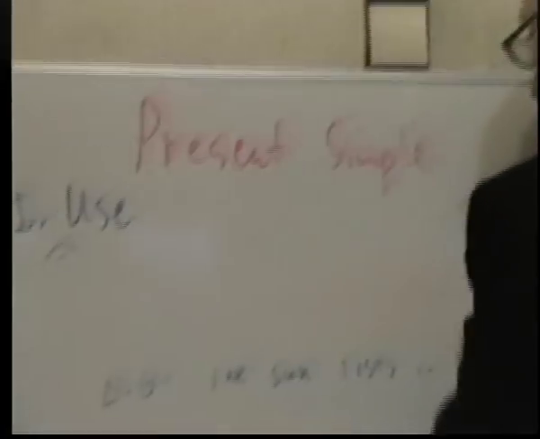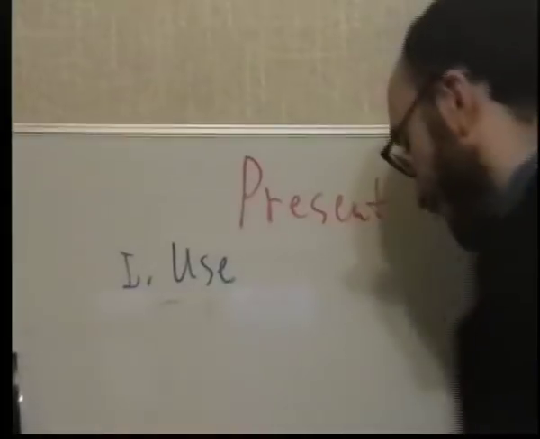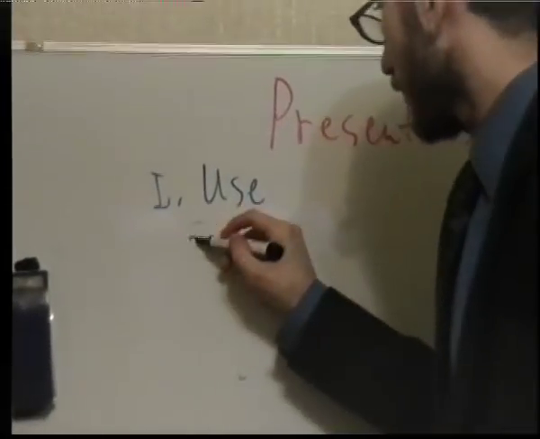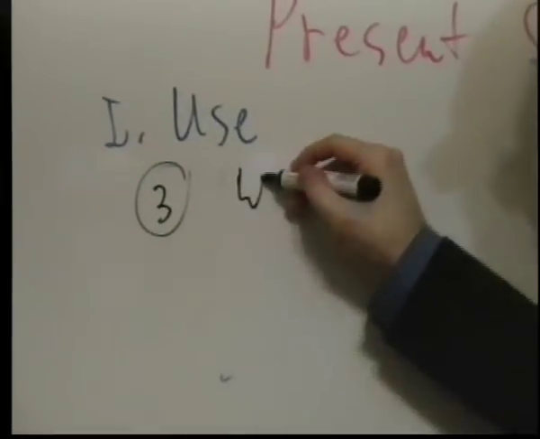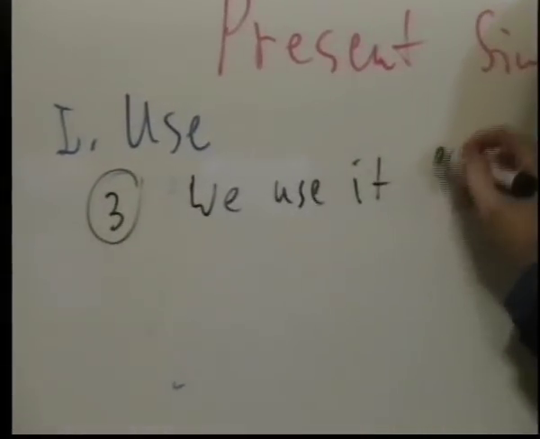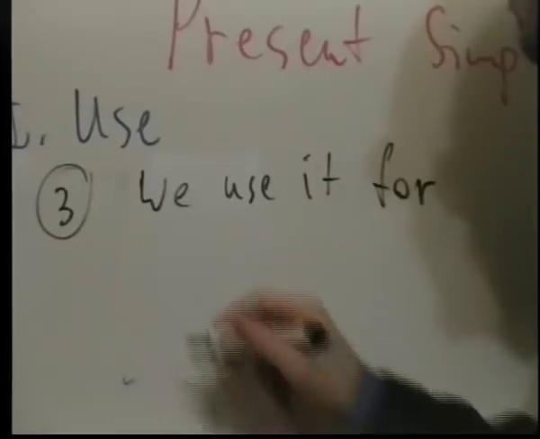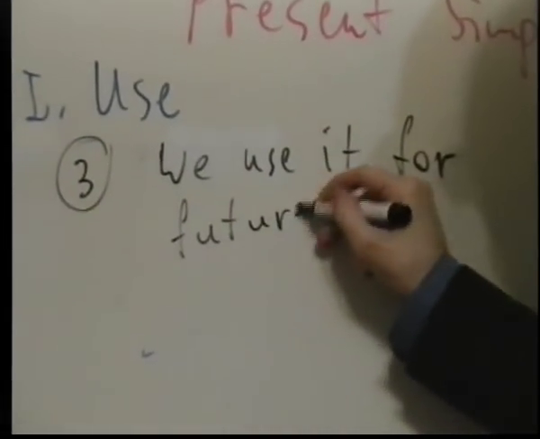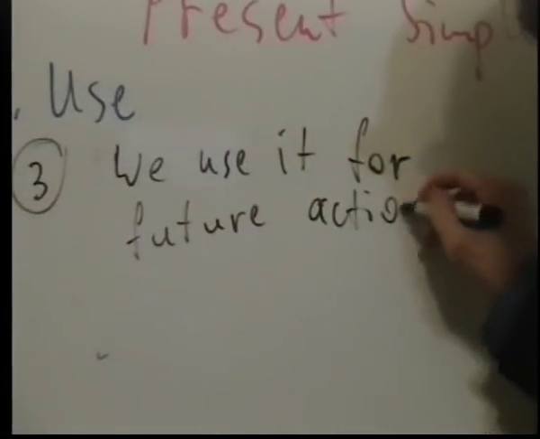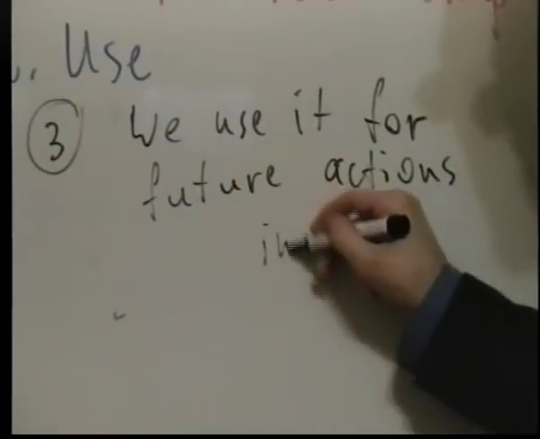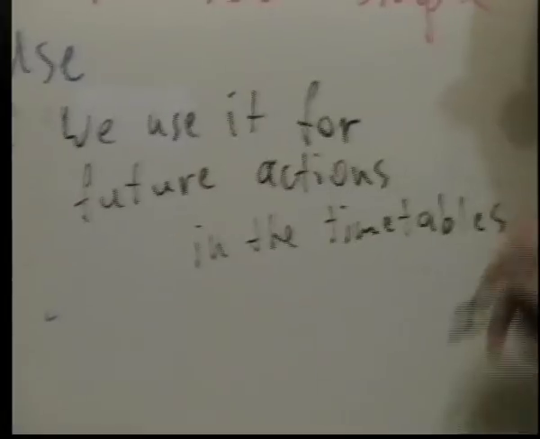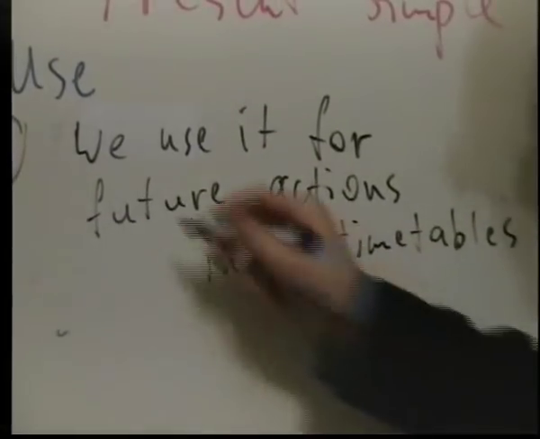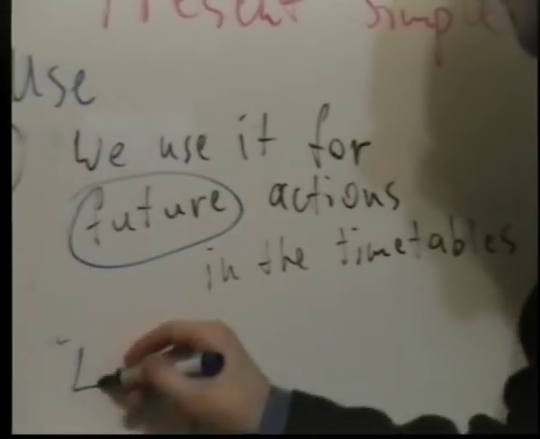Second case. And the third case of using of present simple. It is different from Russian language. So, we use it for future actions. It's very interesting. Future actions. Для будущих действий. Future actions in the time tables. Future actions. For example,